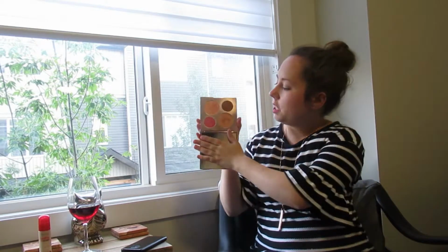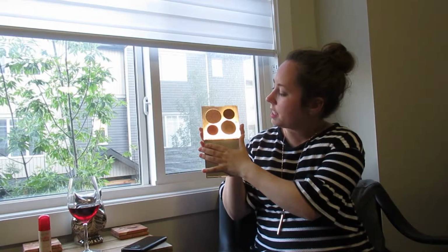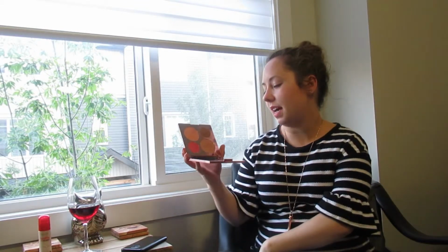is my Becca Chrissy Teigen collaboration palette, which is back as a favorite again this summer. I got this last summer. I really just do love this palette. It has a bronzer, 2 highlighters, and a blush, and I love the colors that are available in this. I love that it has a big mirror, so if I want to throw it in the bag to go to work, if I'm going to have a workout that day or something, so like once a year, I can do that. It's easy to take to my parents or my sisters on a weekend or a holiday day. And I just